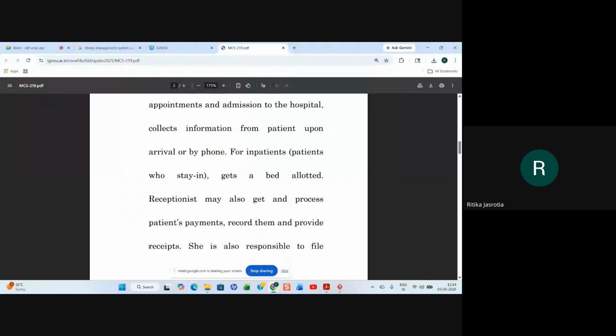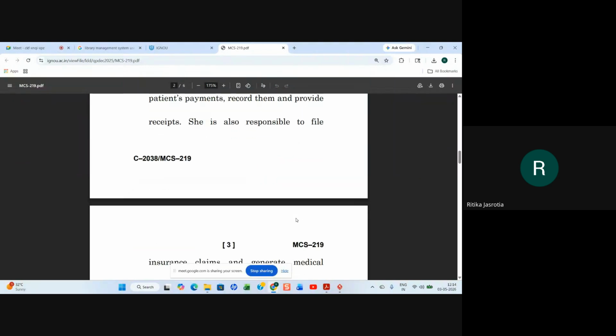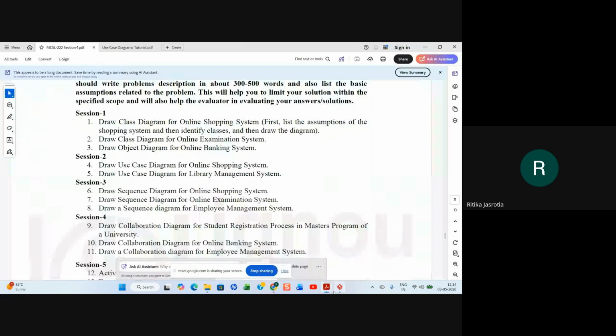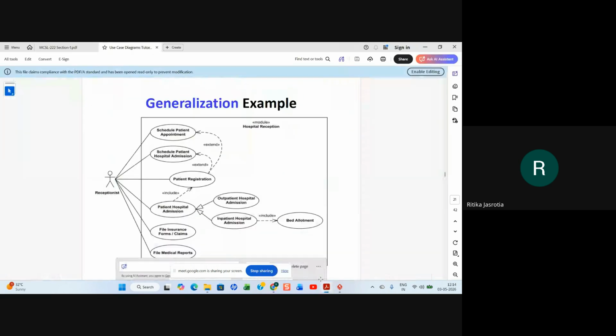She is also responsible to file insurance claims and generate medical reports, so that is given here: file insurance claim form and medical report.